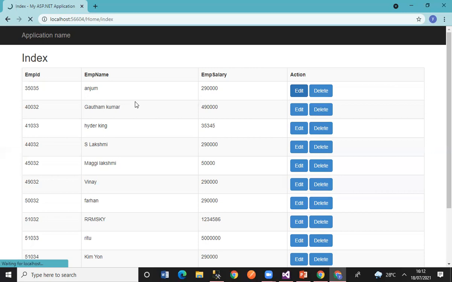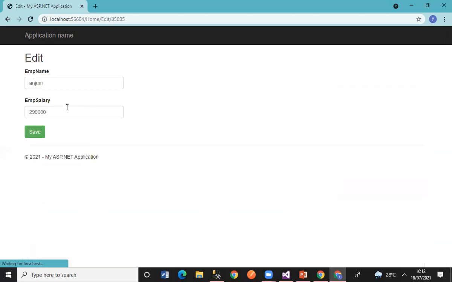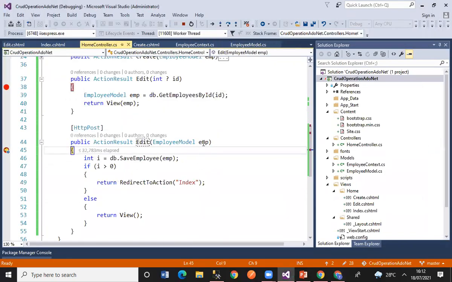So let's wait for a while. Now you can see this, Anjum we got it, and this we got it. Now in Anjum, I will write Anjum K, okay, and let me write 4. Let me click on save, and here I will see all the details.